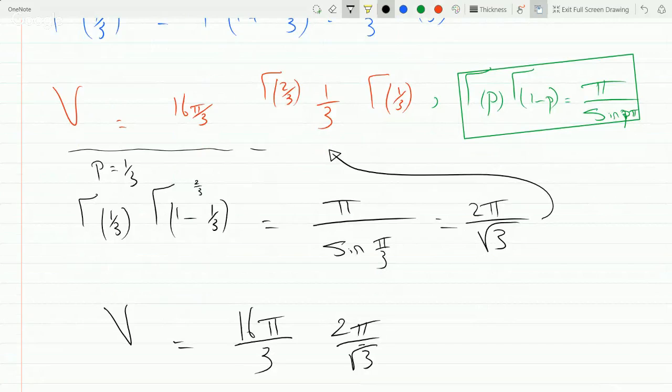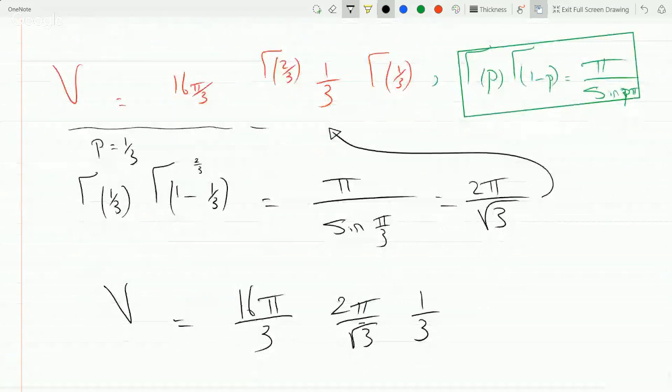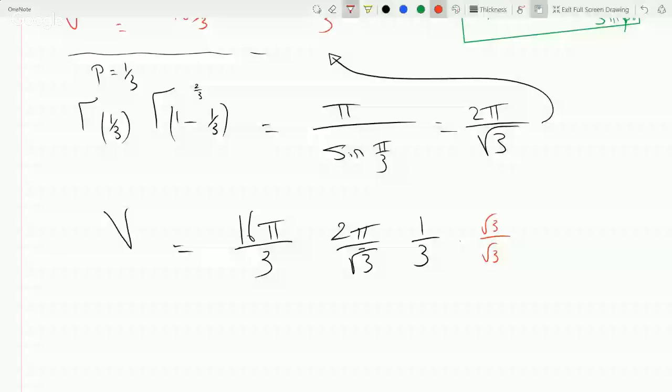And you have 1/3, root 3 over 2. So now you could multiply here by root 3, and the final answer will be equal to